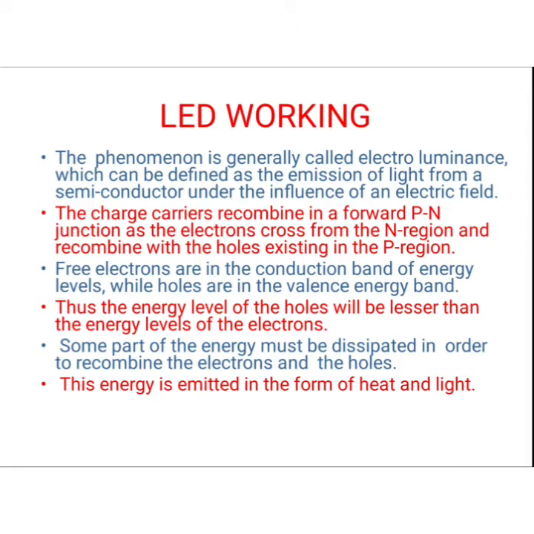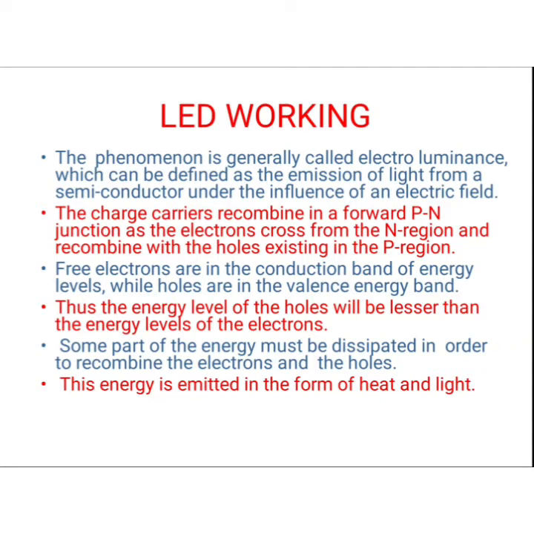Light is emitted in the sense that electrons or holes moving between different energy levels release energy in the form of light. Holes have lower energy levels, and electrons have higher energy levels. So when an electron with high energy comes and combines with a hole, they release energy. We call it energy dissipation. Dissipation means energy is released in the form of heat or light. So this is considered as light.